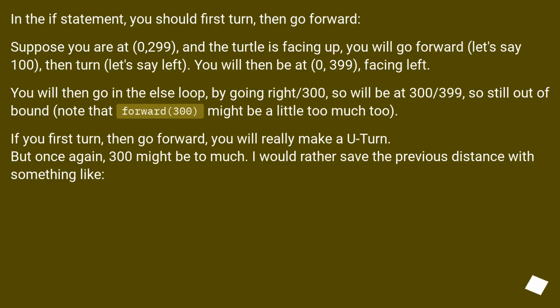In the if statement, you should first turn, then go forward. Suppose you are at 0,299, and the turtle is facing up. You will go forward, let's say 100, then turn, let's say left. You will then be at